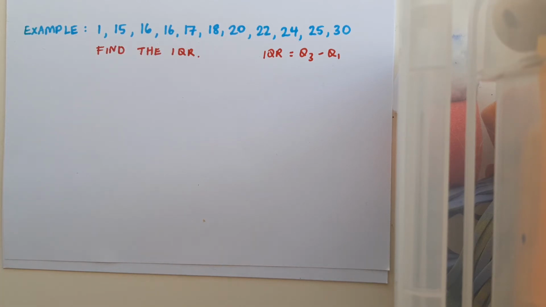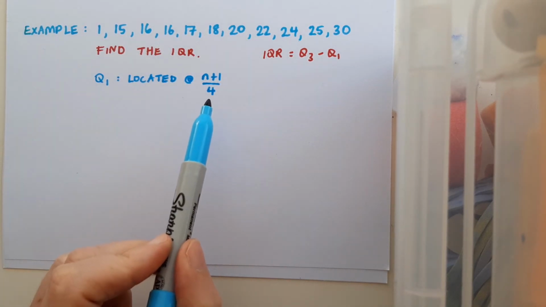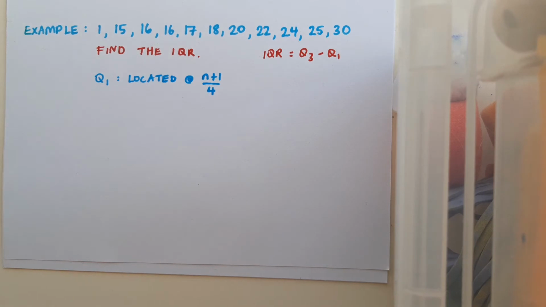Now, if you recall, for the median, that was (n+1)/2. Now, if we want to go a quarter way up, how might you change that formula? Pause the video for a moment, have a think about it, and when you've done that, then unpause and see if you're correct. So Q1 is located at (n+1)/4, and it's 4 this time because I want to go a quarter way up. So I need to go back to my data set and just check what n is. And when I count the number of data points, I find that n is equal to 11. So I'll fill that in and get (11+1)/4,